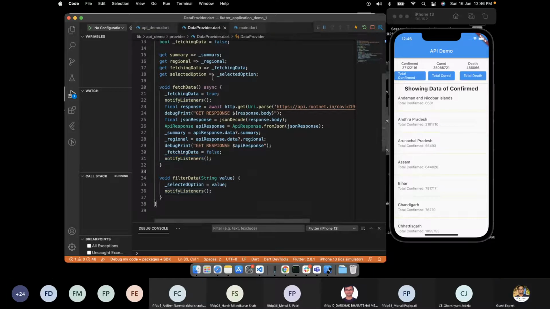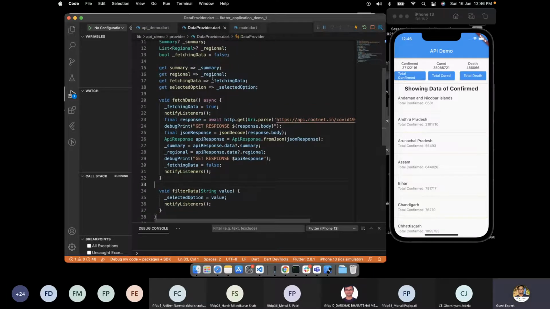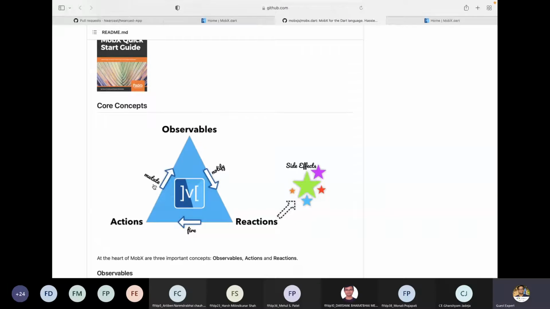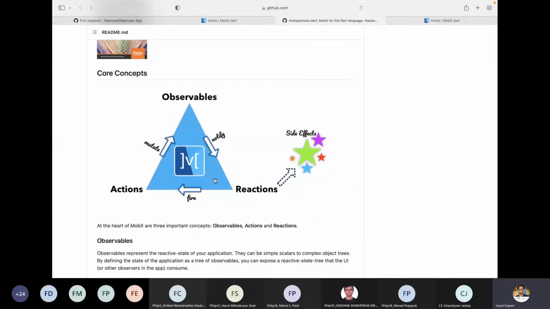Now in Mobex, there are mainly three core components called observables, actions, and reactions. So what happens? Actions actually mutate the observable. So observables here are the variables. To update the value of an observable, you can use the actions.